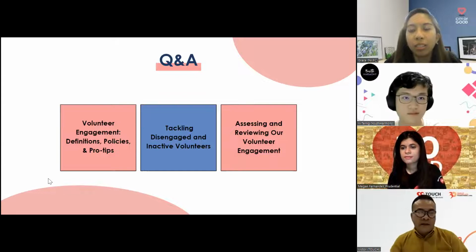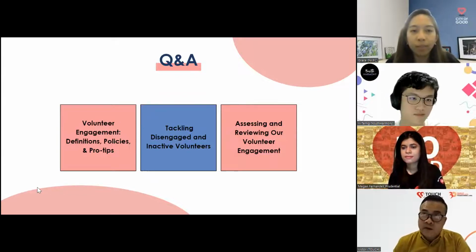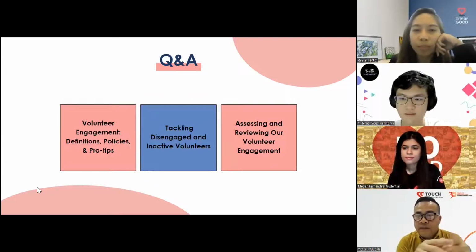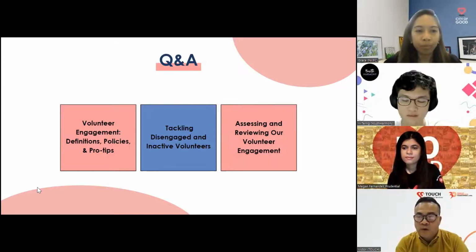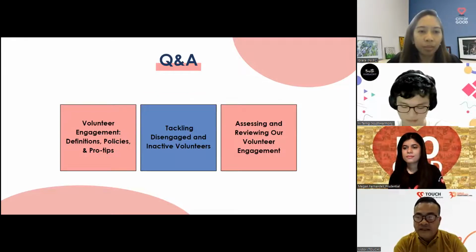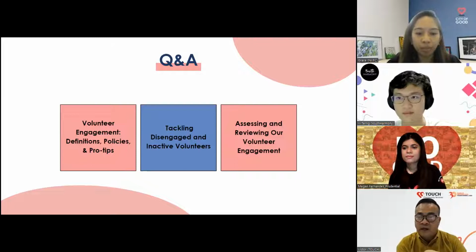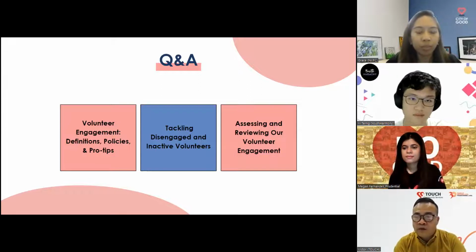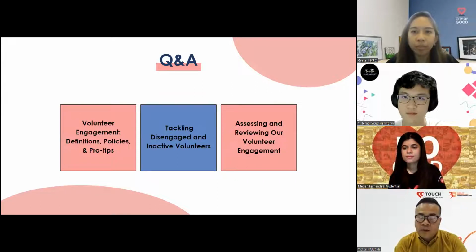Okay, so maybe I will just share there are actually two things. The first is, when they come on board to volunteer, I think it is important that we engage the volunteer meaningfully. During the orientation, sometimes we will also ask them what role they prefer, even though when they sign up, they might not know that much about the role they are signing up for. But eventually, when we explain to them, usually they will adopt the role, and then they will be able